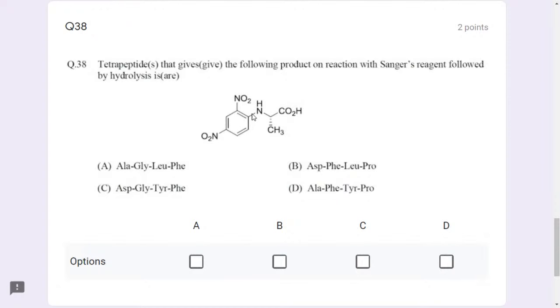So when you react with amino acid, the compound which is having amine group here is going to form this amine or aniline type. So what is this molecule? This is alanine. What is the first compound in this? Yes, D is having alanine and A also is having alanine. So this is the Sanger test what we are going to get. So options A and D are correct options, students. Next,